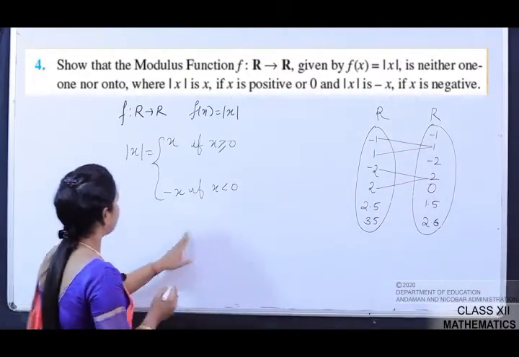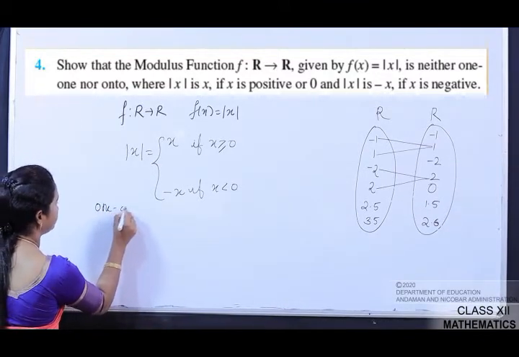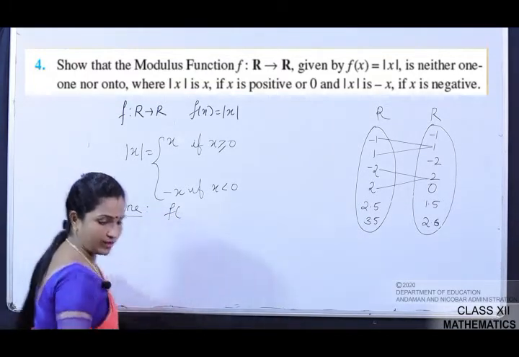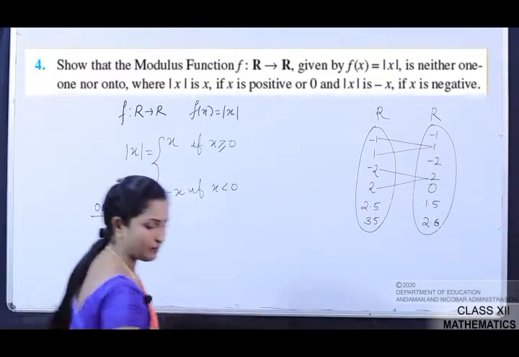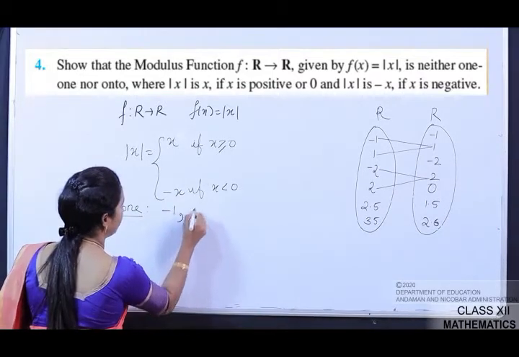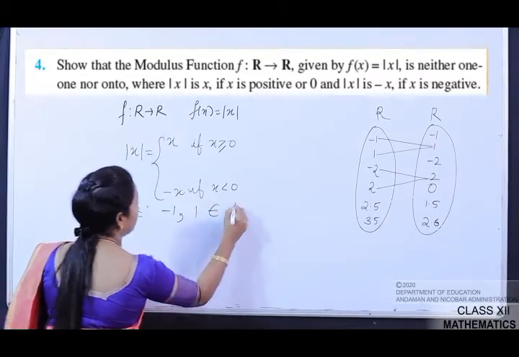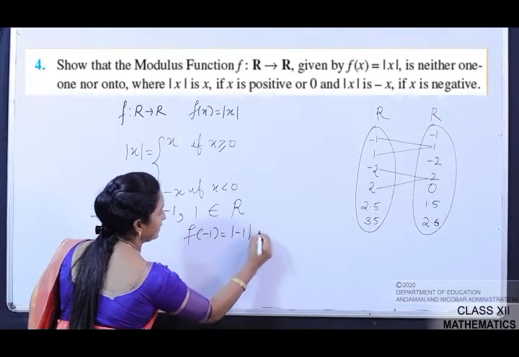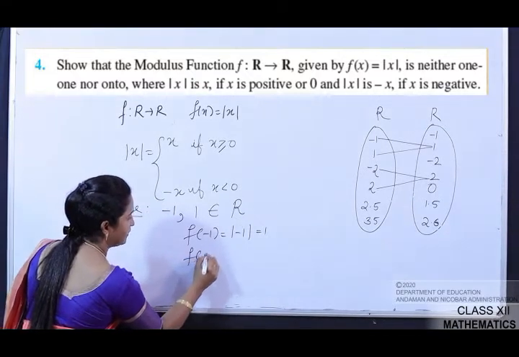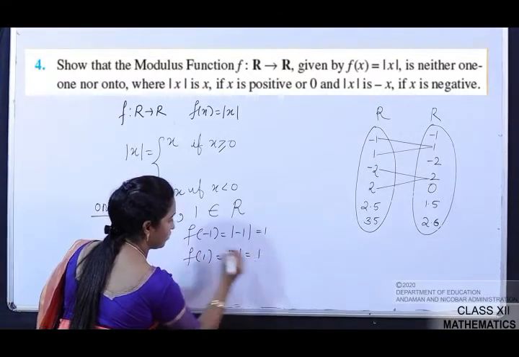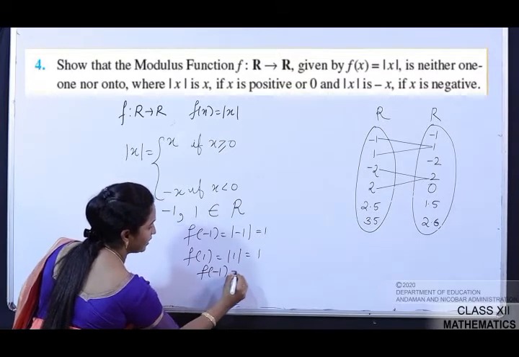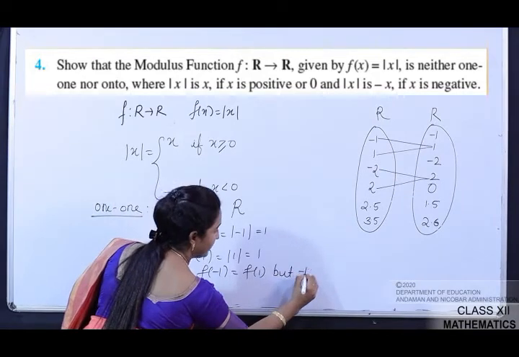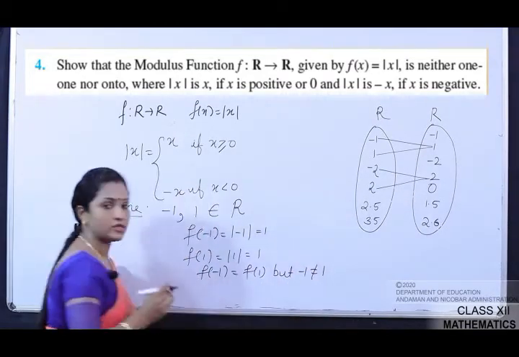अब यहाँ पे आप देखिए कैसे आप इसको लिखेंगे, 1 to 1 फंक्शन. ओके, सो टू प्रूव 1 to 1 वी विल टेक 2 एलिमेंट्स. एक एग्जाम्पल के साथ में हम बताएंगे यहाँ पे. ओके, यू विल टेक -1 and +1. वी आर टेकिंग फ्रॉम द डोमेन R. f of -1 will be what? Modulus of -1 and it is +1. Okay, f of +1 will be again 1 and that is also 1. So f of -1 is equal to f of 1. They both are equal, but whether -1 is equal to 1? No, -1 is not equal to 1.